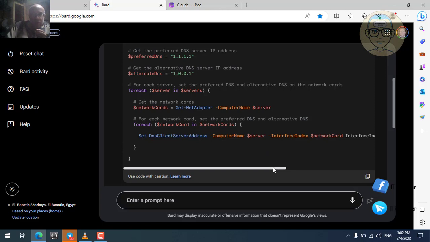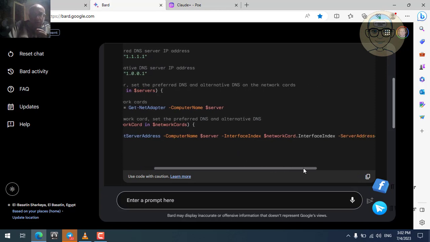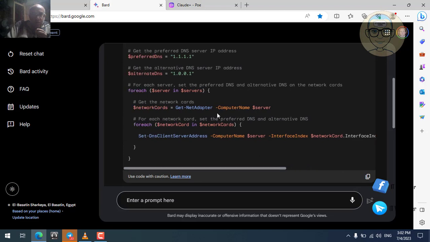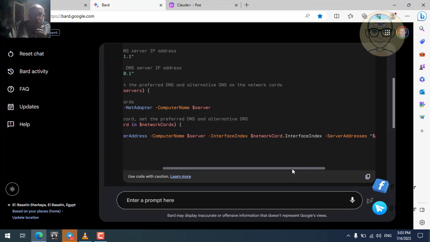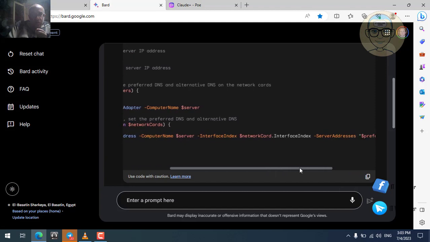I think here this should be modified a little bit, because there will be 3 network cards on this adapter. So what we can do here, we can tell him to set it to a certain thing. Anyway, so this interface index, I think here we can tell him to put the interface index directly